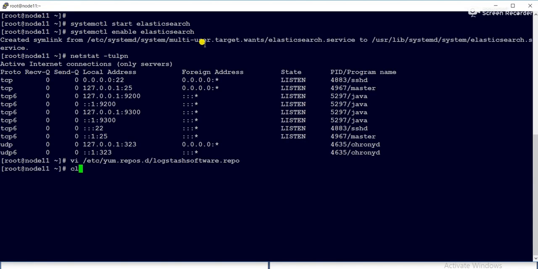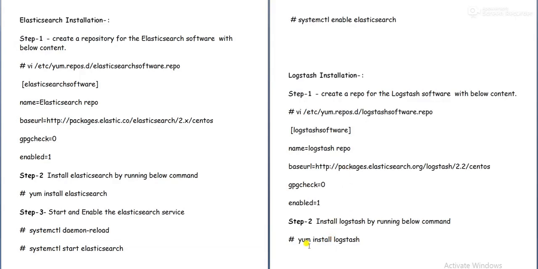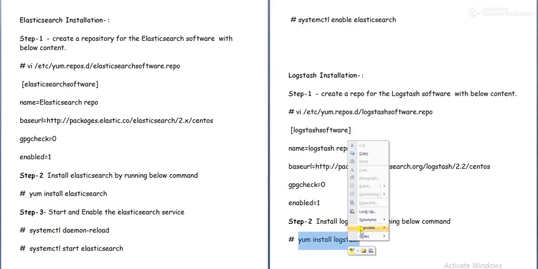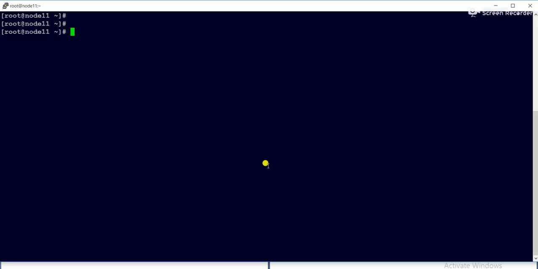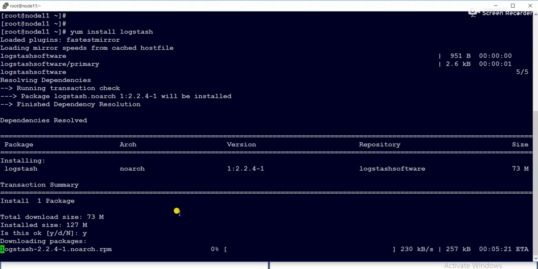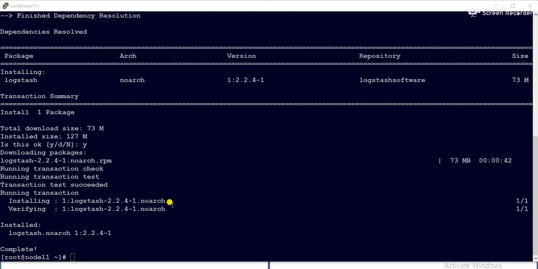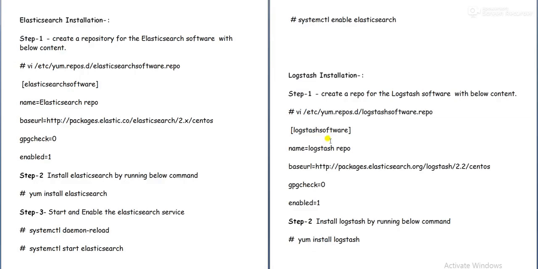Save and quit. So a repository got created for Logstash. Now we'll install: yum install logstash. Now we'll press yes, then it will start downloading the package and install it. Now the installation started. The installation got completed, so Logstash installation is also completed.